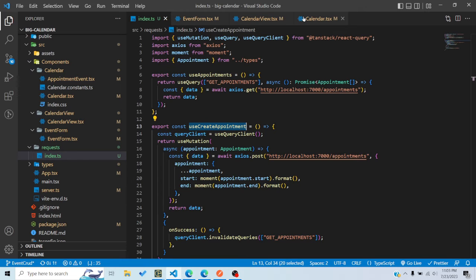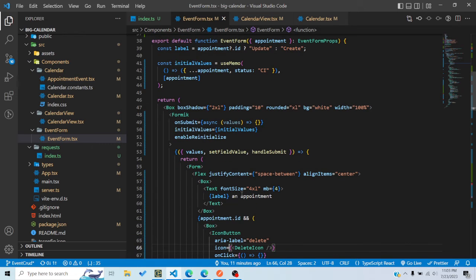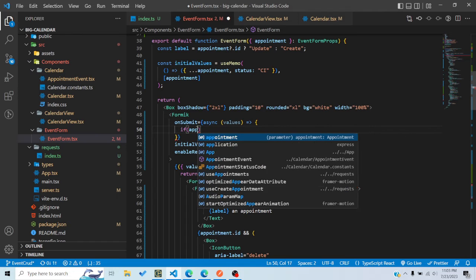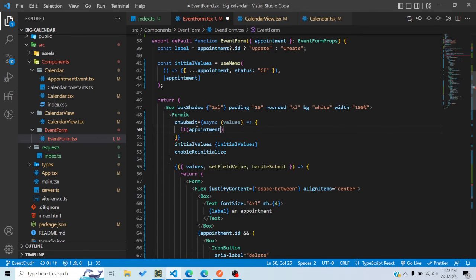Cool. So now I would go here to the form. Yes, here, and I've got an onSubmit function here. So in the values prop, I'm getting everything related to the appointment. So I'm updating the appointment using Formik, and whatever values I'm changing, I will get in this values object. So I just have to pass them as it is. Pretty simple. So I would say if not appointment.id, that means that I'm creating an appointment. Then